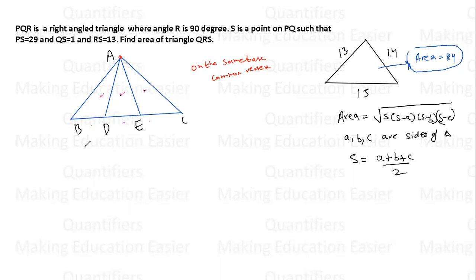So what I mean to say is, let's say if BD is to DE is to EC is 1 is to 2 is to 3, suppose I have taken this as 1, this as 2, this as 3, then students, the areas of these three triangles will be in the same ratio 1 is to 2 is to 3. That means if the area of this triangle is x, then the area of this triangle will be 2x and the area of this triangle will be 3x. Okay, whatever the ratio of the bases is, that will be the ratio of the areas. I guess this point is clear to everyone.